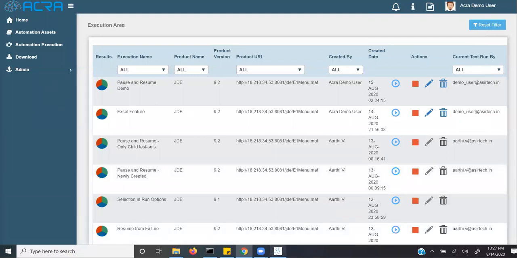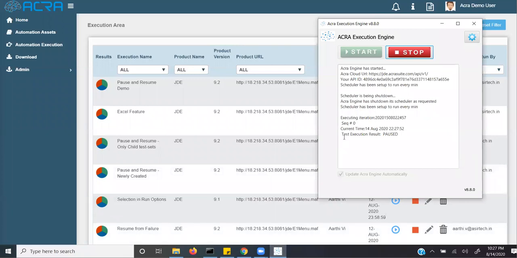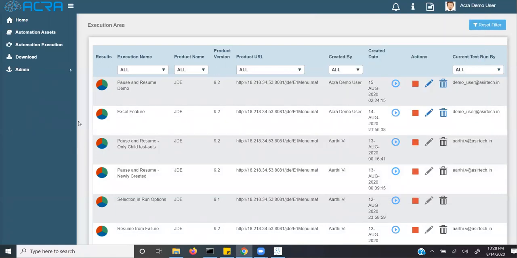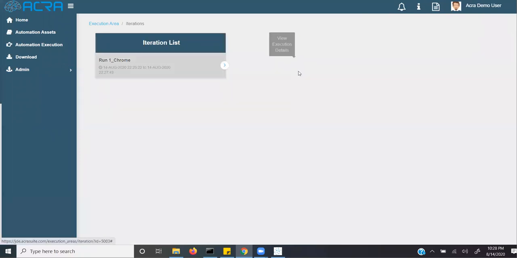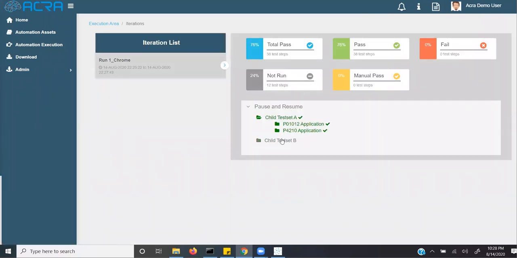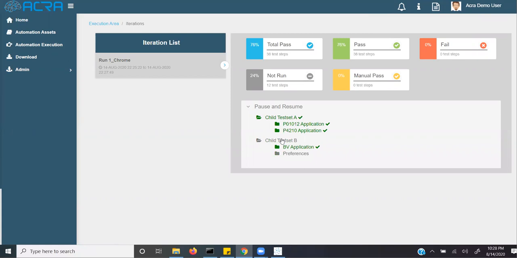Let's go to the ACRA engine GUI. See that the test execution result has been updated as paused. Navigate to the execution area of the corresponding execution, expanding the iteration and the test sets. As we have seen, it has